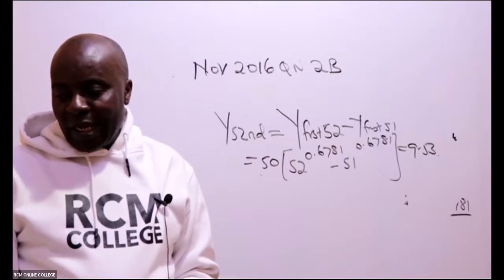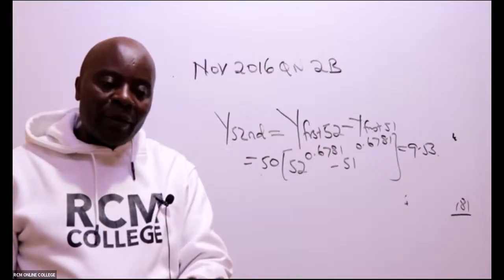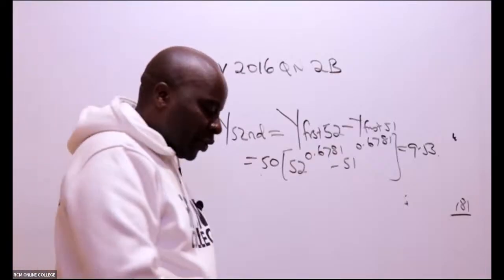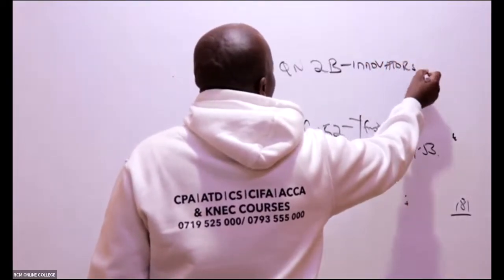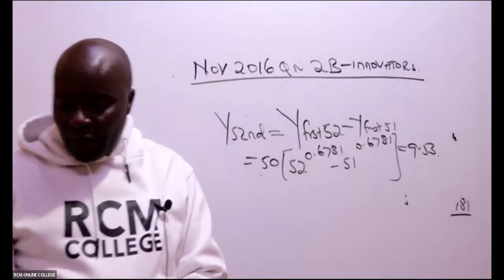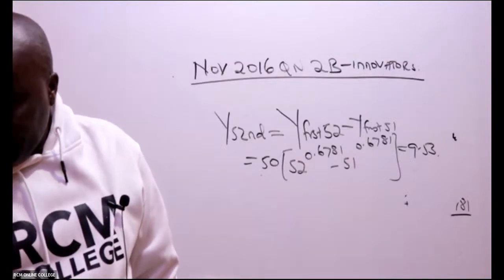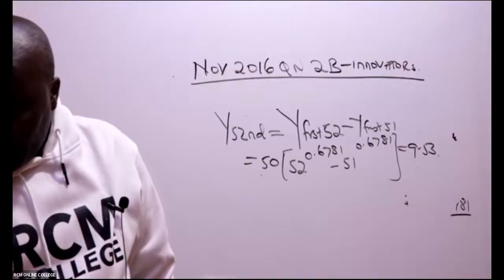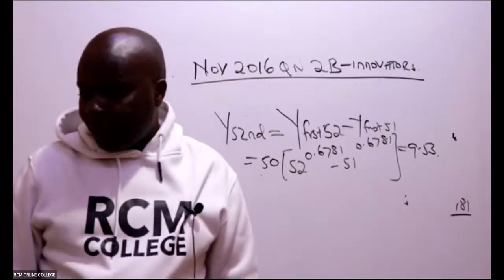Somebody should be able to share these past papers with this ninja, Brian Mutuku. But specifically, I would want somebody to share this past paper of November 2016, question number 2B. This is the question of innovators. Is there somebody who has been able to get that question? Yeah, it is already given to us here, Mildred. The godsend. Thank you so much. All of them are here.